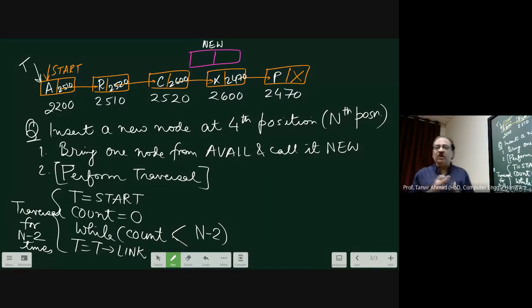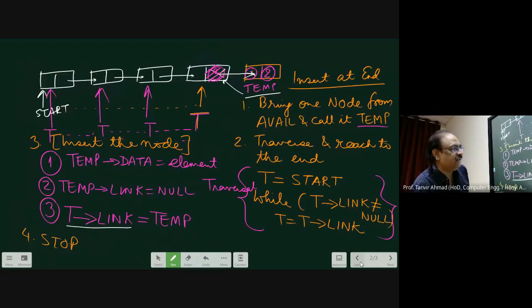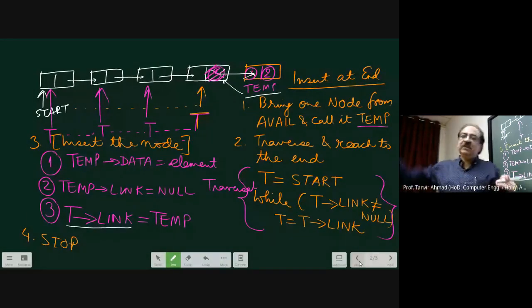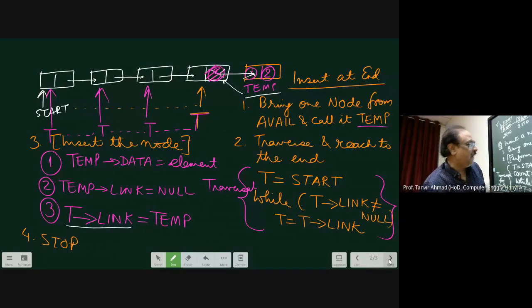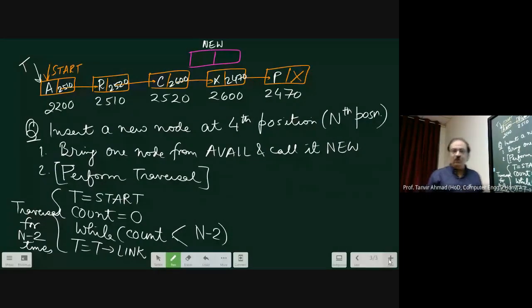Okay, this is the thing you have to modify. When the algorithm is changing, just modify the while condition. Now, if you see, there is hardly any difference. Here also I wrote T is equal to start. There also I wrote T is equal to start. The while condition is a little different. I wrote while T of link is not equal to null because we did not know where the last node is. But here I know I have to do it only n minus 2 times. Therefore, this is a countable loop where I am writing only n minus 2 times. Now, this is one way.